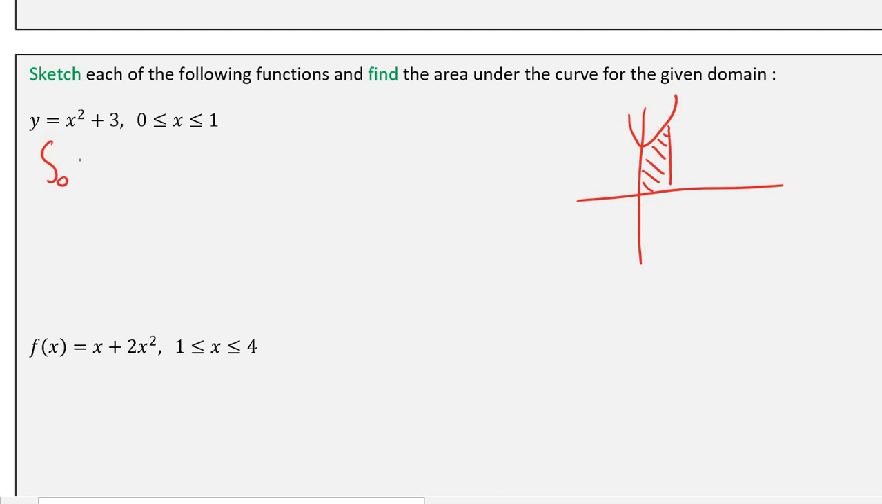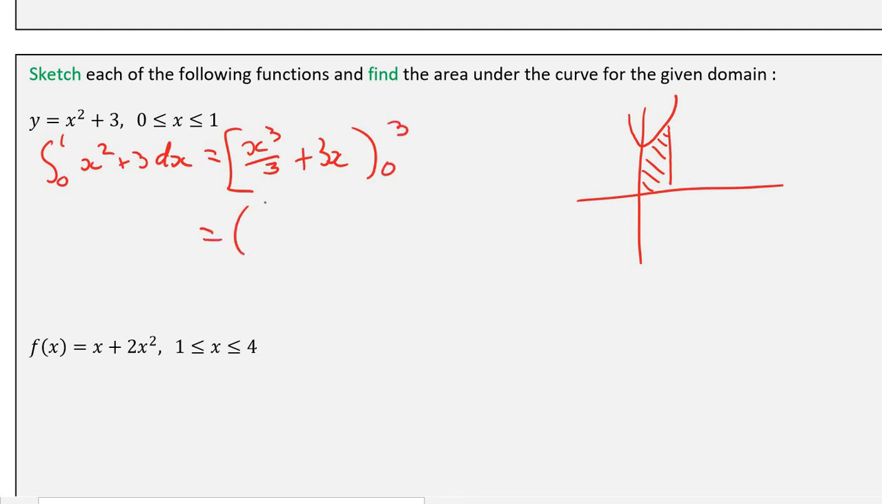So the integral from 0 to 1 of x squared plus 3 dx equals x cubed on 3 plus 3x from 0 to 3 equal... Oh, sorry, 0 to 1. Right, you are. Which would be 1 cubed on 3 plus 3 times 1